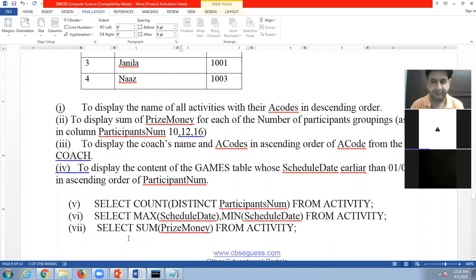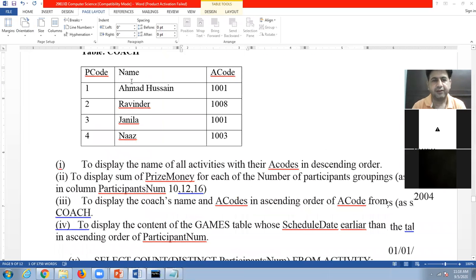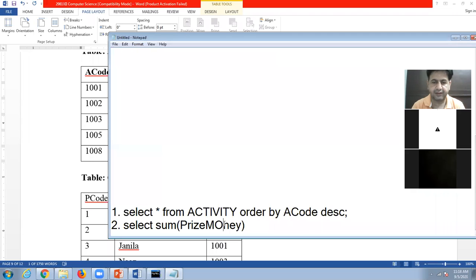So look here. SELECT SUM of prize money, so I will use SUM(prize money) FROM the table named activity.